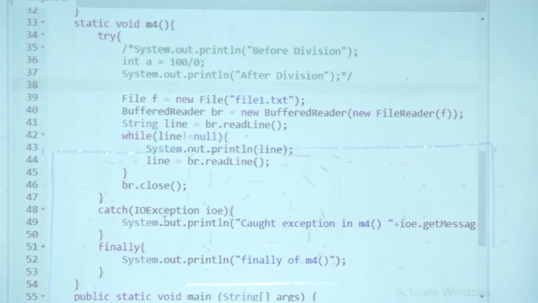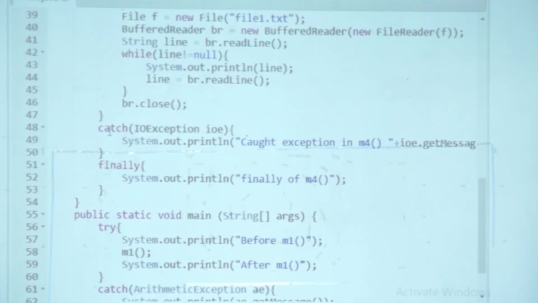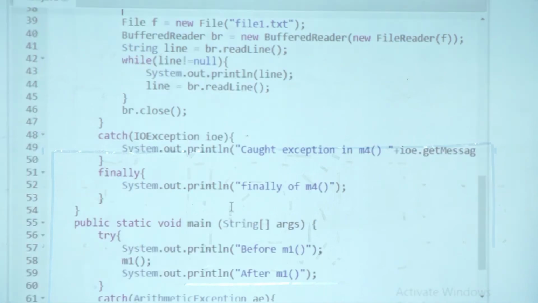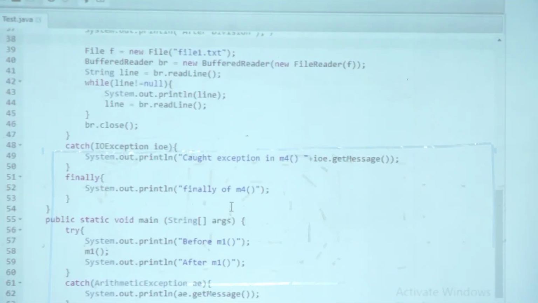With checked exceptions, either I have to catch them or I have to report them. There is no other option. Otherwise your code won't compile, if it doesn't see either reporting or catching. So I have got it, as you can see in line 48. I have made provision to catch it. So I have fulfilled that condition. So now let's see what output I get. Okay, so let's run it and check.